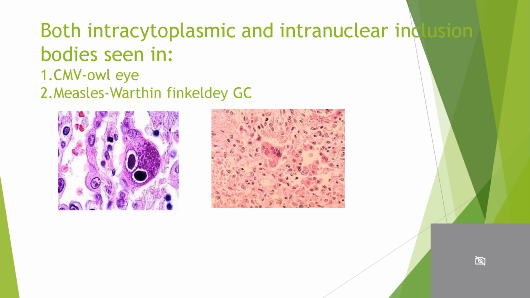Okay, now one of the most important slides is this one where both intracytoplasmic and intranuclear inclusion bodies are seen. Now, the two major examples for this are cytomegalovirus and the measles virus. Cytomegalovirus has this owl-shaped intracytoplasmic and intranuclear inclusion bodies, and the other one is measles, which has Warthin-Finkeldey bodies. All right. So